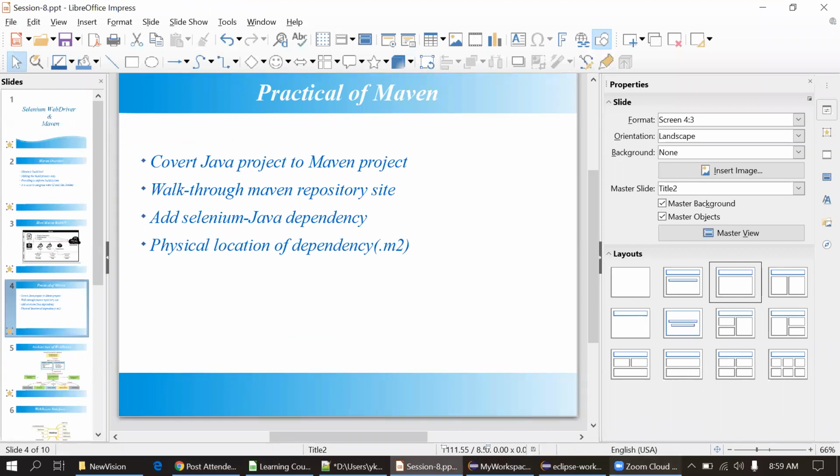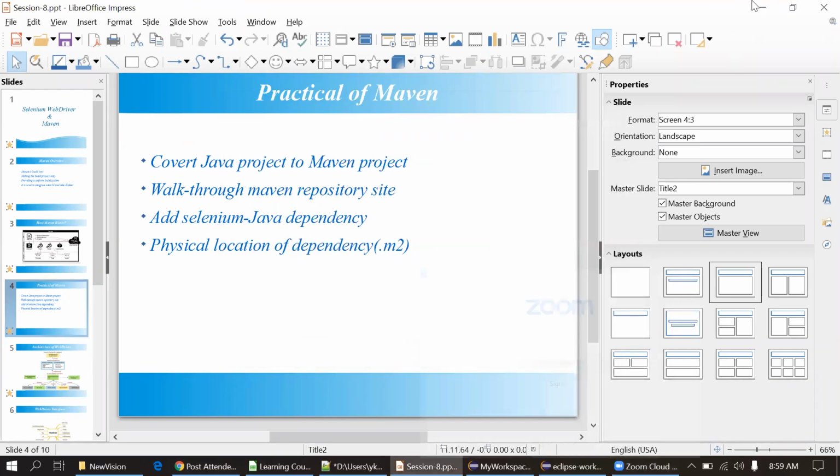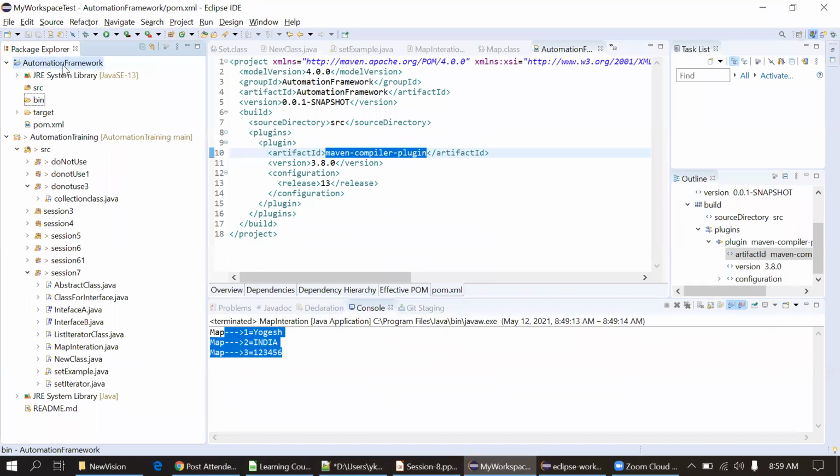Any questions? Please, can you repeat it again? Yeah, which part actually? I think it's Diksha, right? Yes. First, you created the Java project. After that, what did you do? Yes. I simply clicked on this project, right click,